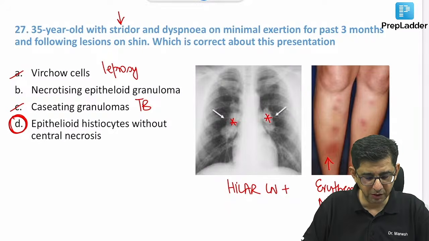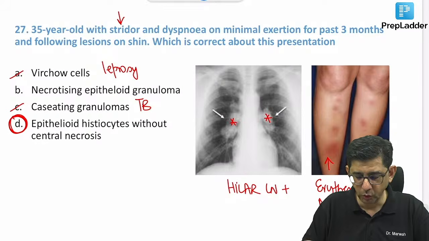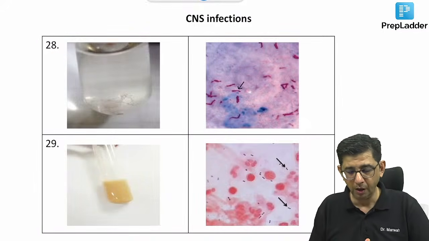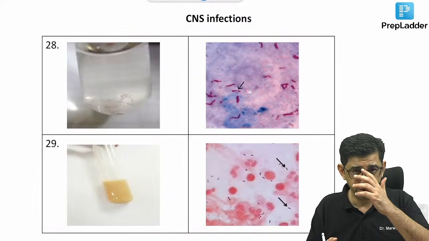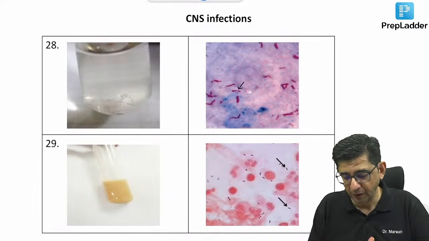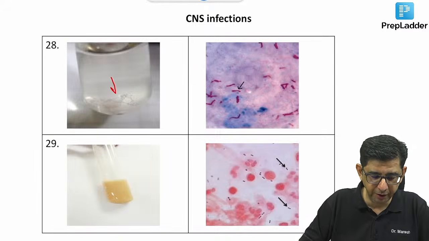So the final answer in this case would be given as option number D. Yep, there's no central necrosis present, so that's why the answer is option number D here. Okay, so moving ahead in our discussions, next we focus on these aspects where you can see this is again